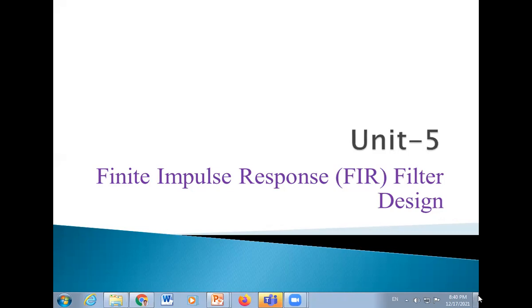Good, so till now we have discussed DFT, FFT, and filtering of long duration sequences. And also we have discussed correlation, convolution, and linear convolution in section 1. So today I'm going to start with section 2. In that, unit 5, we'll have a discussion today. The title of unit 5 is Finite Impulse Response Filter Design, FIR in short, as we are calling it.